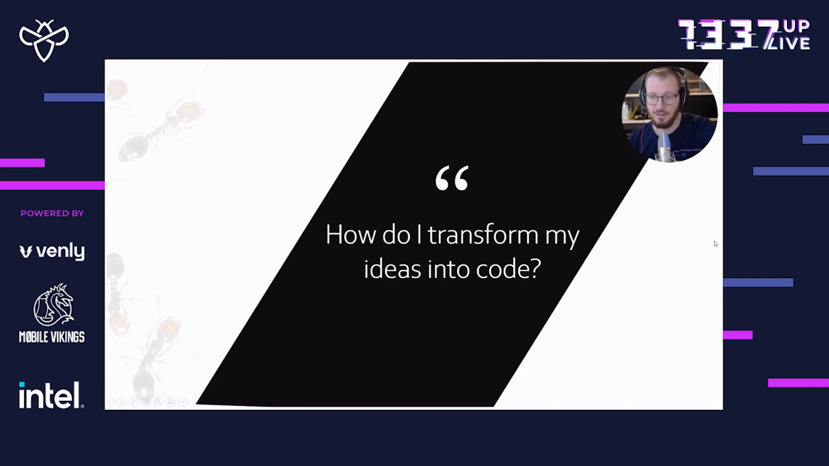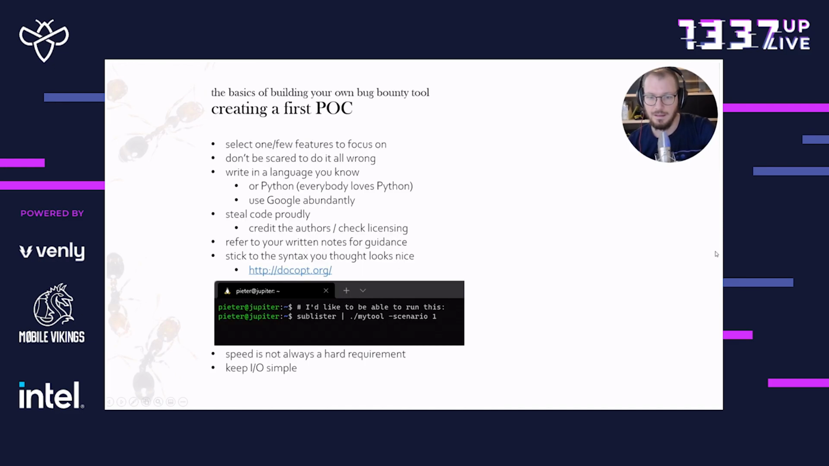So the next question is, okay, so I've got all these ideas. How do I transform these ideas into code? Basically, this boils down to the question, how do I create my first proof of concept? I've listed a couple of things on this slide. I think it's often useful to select one or a few features to focus on. So if you've got a whole idea for a tool that you're building, if you're creating a proof of concept,